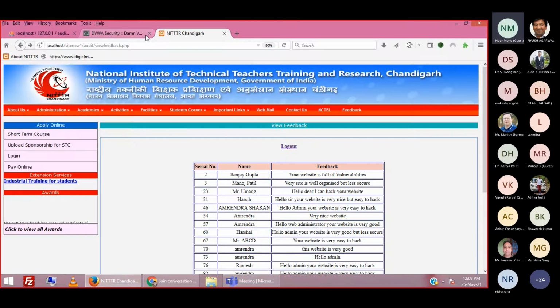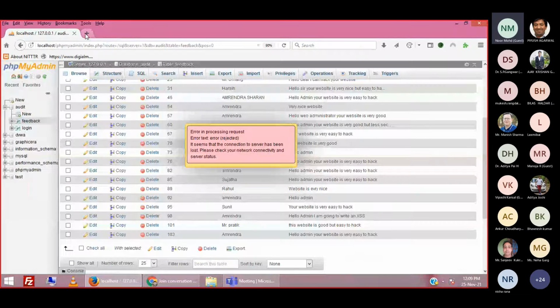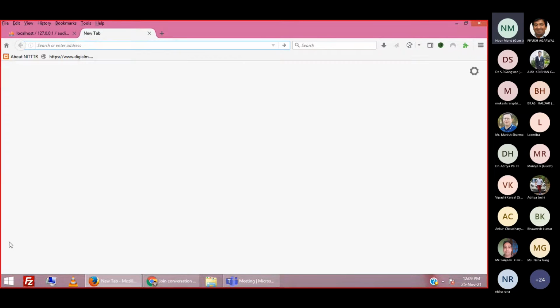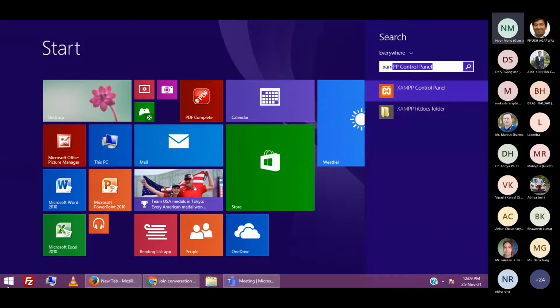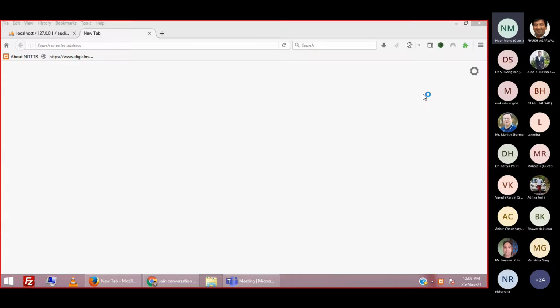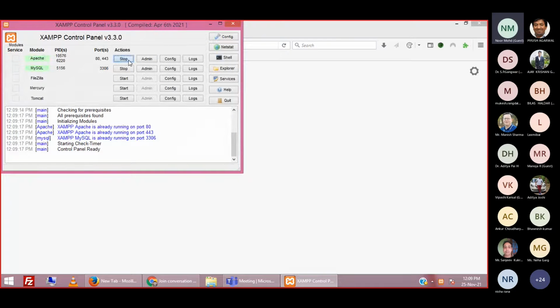First of all, you have to run the services of XAMPP. How to start the XAMPP services? Just go to the XAMPP control panel and click on this start button.